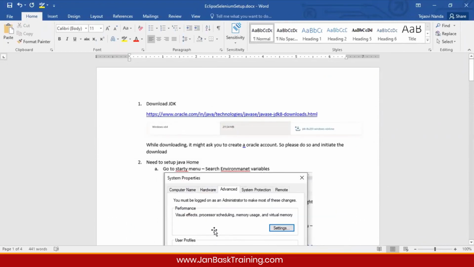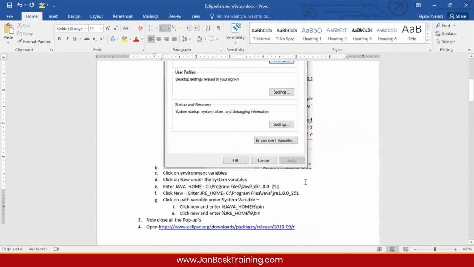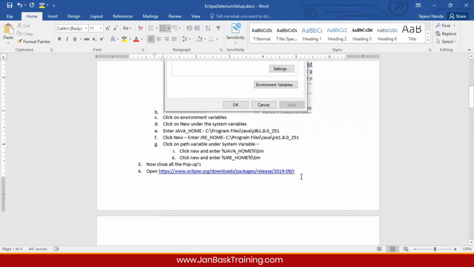First of all, it might happen that I might have missed some of the steps, okay? If you feel some issue, first of all, I'll ask you to Google it. If you're not able to Google that issue or not able to proceed with the setup, just download each and every setup. I mean, just download this JDK with you. Just download this Eclipse with you, right? If nothing happens, I'll help you tomorrow.